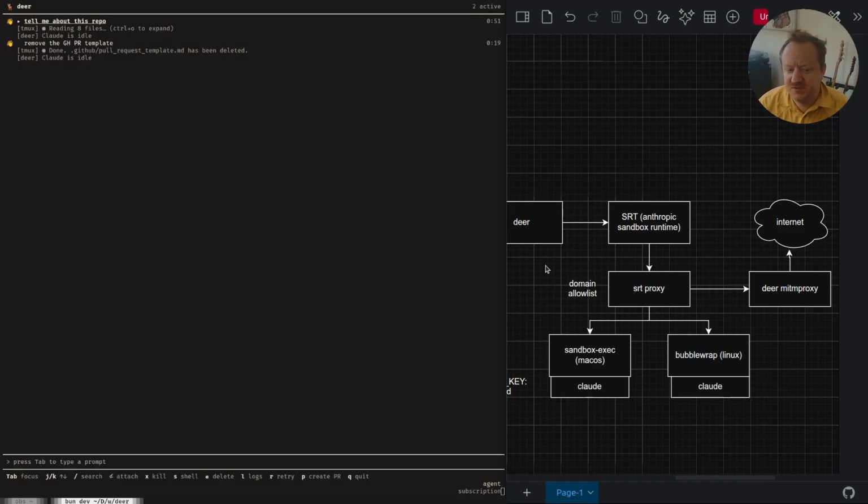For example, with the file system restrictions, Deer will read your home directory at the start, and it will dynamically generate the file block list so that everything in your home directory is blocked. And we have to do that because Claude actually puts files into the home directory that it needs to use, and it needs to be able to write into the home directory. So we just forbid it from accessing everything else, just for safety.